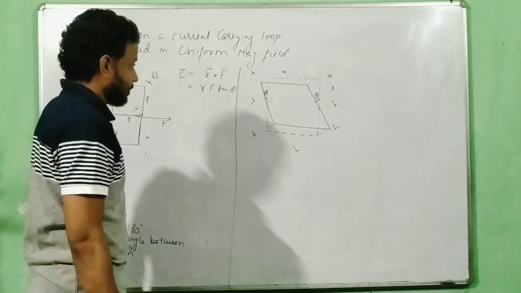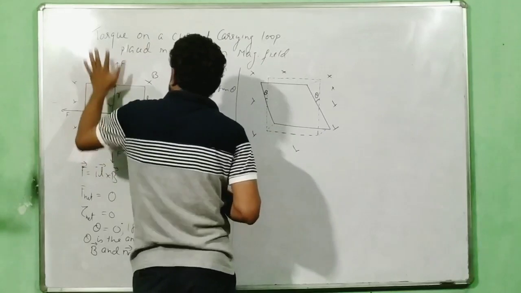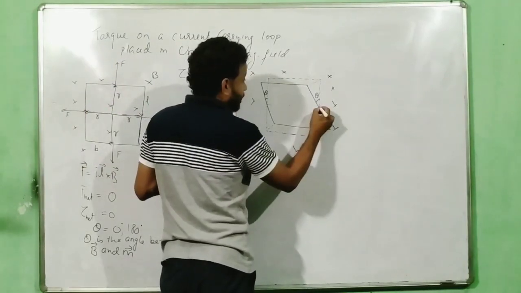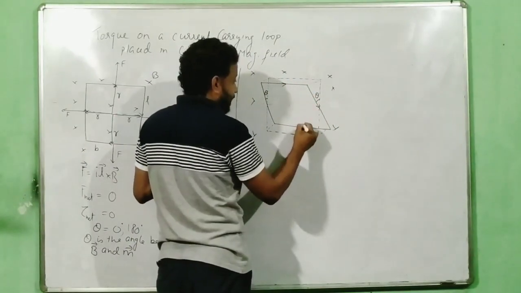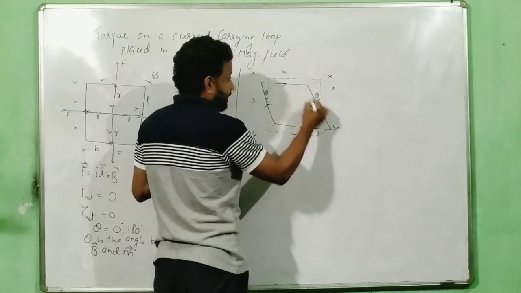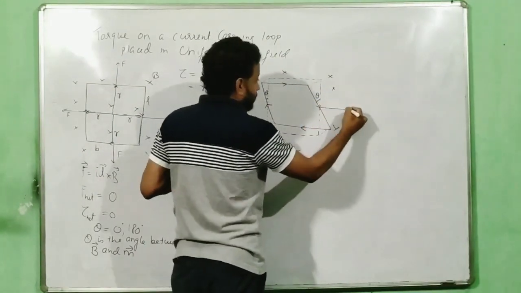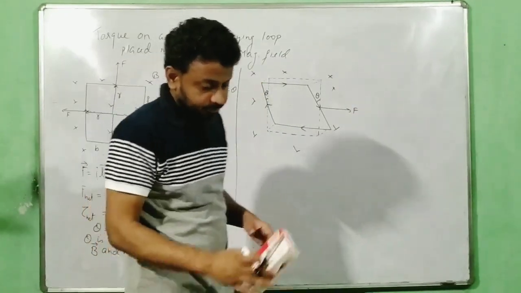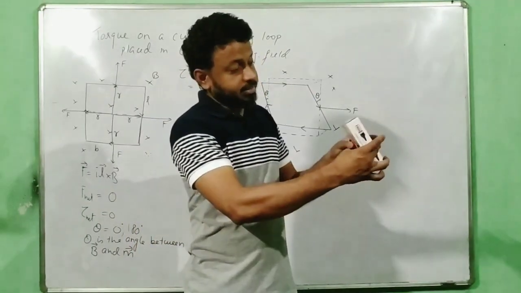Now earlier my force and r vector were in the same line, correct? But now, if this is my point, take one of the forces on the current. If the current is in this direction, I can say that the current is traveling from here to here. So this line will still experience a force in this direction. Fine. It is rotating like this.